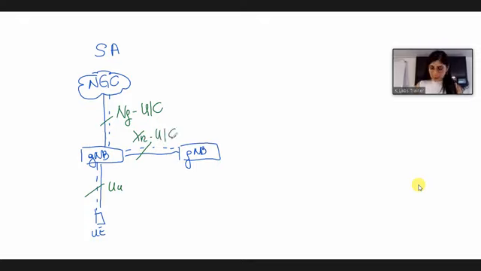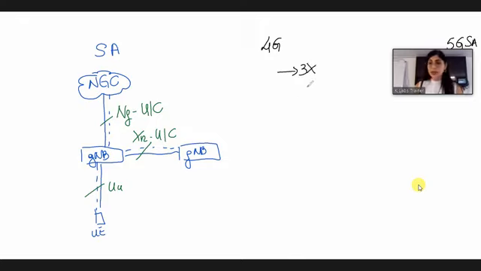So we are starting from the 4G network to reach the 5G standalone solution. Starting from the 4G network, we can have different steps. These are just examples, but for example, we can start from 4G, then introduce the 5G radio and use, for example, option 3X.